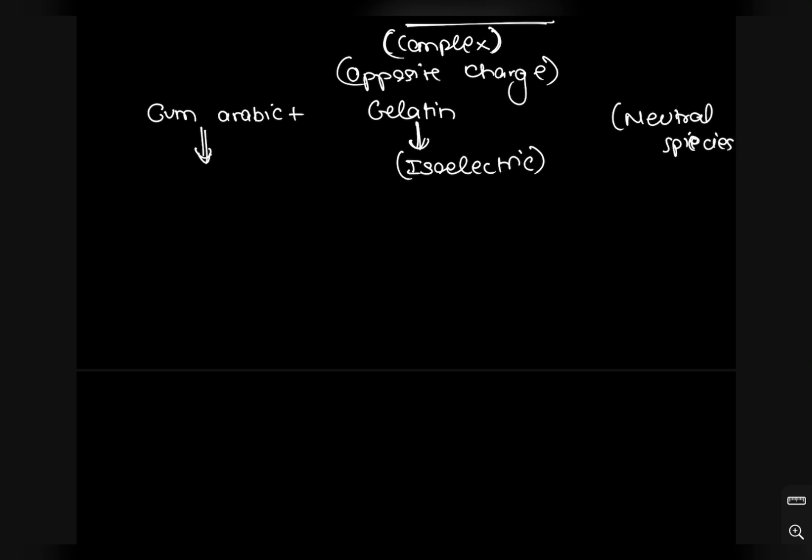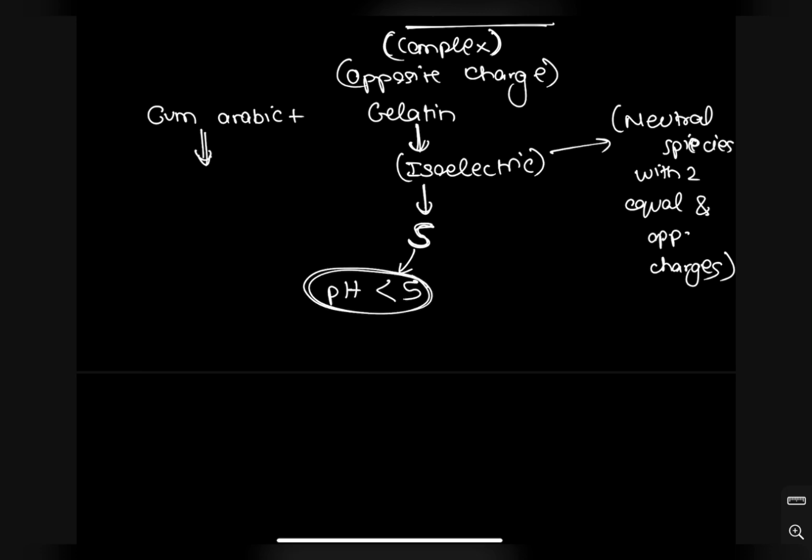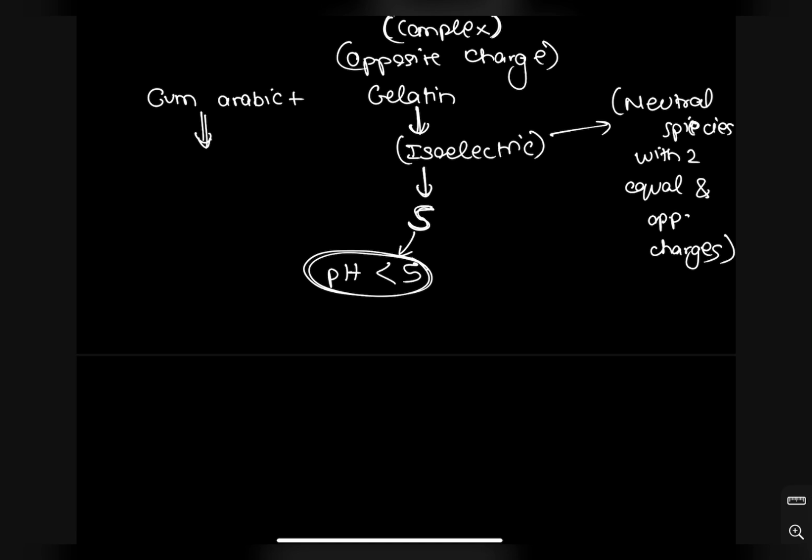even though there is charge, with two equal and opposite charges, that is what you call isoelectric point. That means it has one negative and one positive, two negative and two positive charges, so overall it is neutral. This isoelectric point is around 5. Okay, so what we do is we take the pH to less than 5, which means less than the isoelectric point of gelatin. And what happens is at this pH, gum arabic is negatively charged